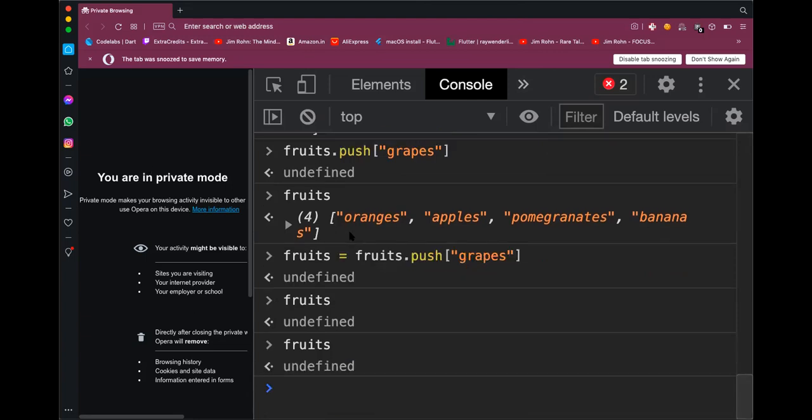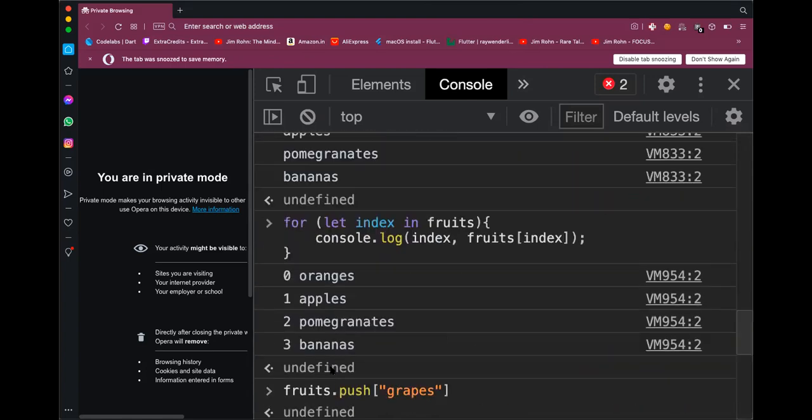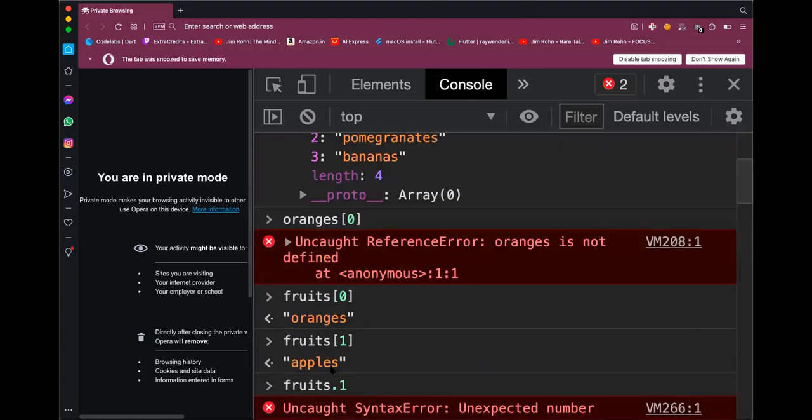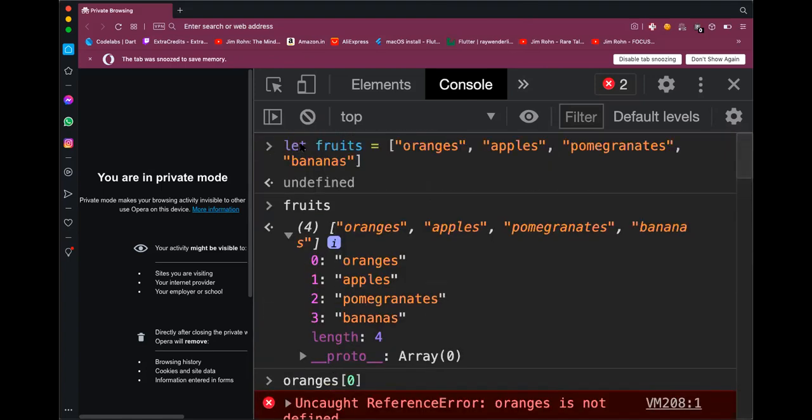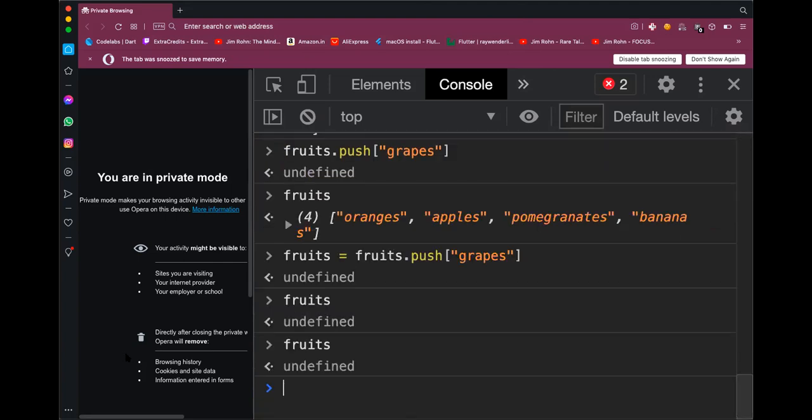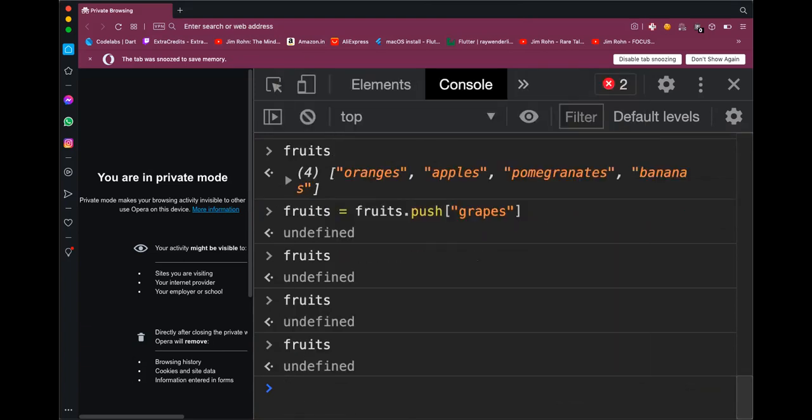Shubhadeep is saying let, okay, but didn't I use let here? I use let. This is a variable. Okay, so right now it's undefined.